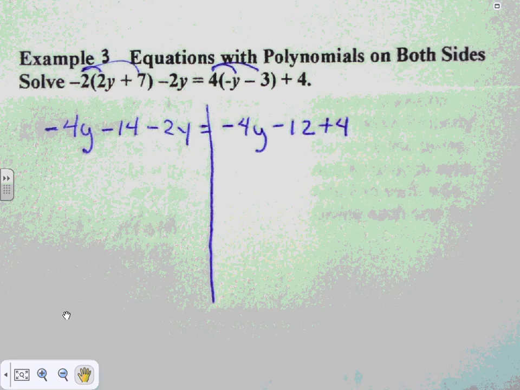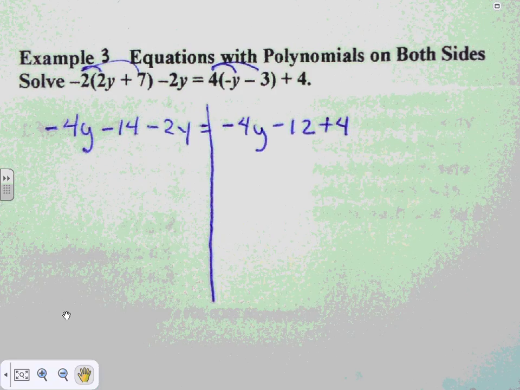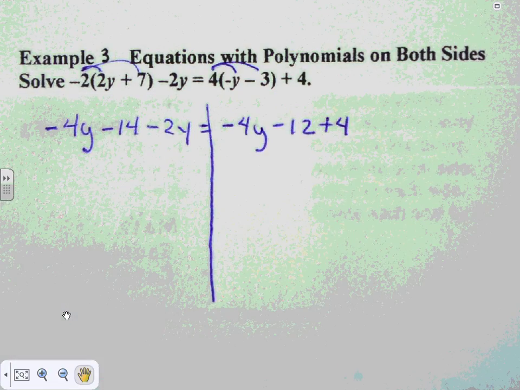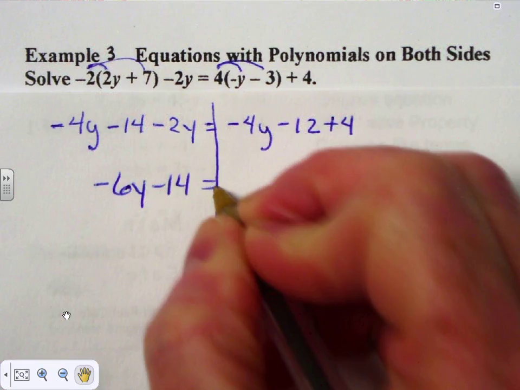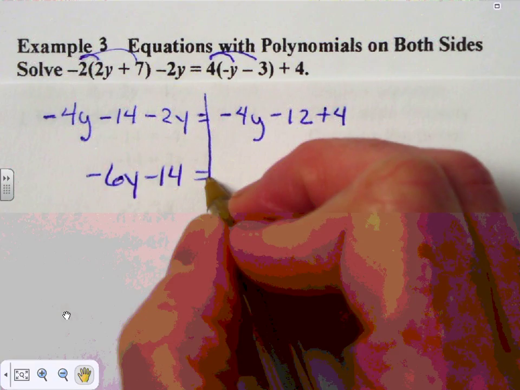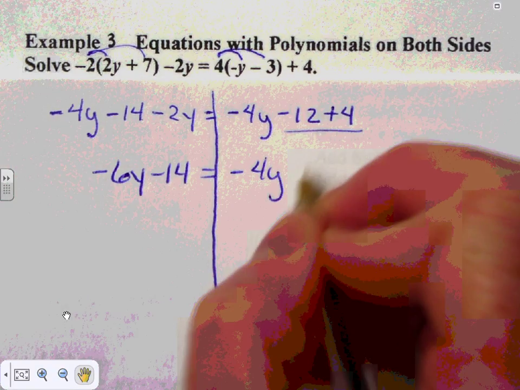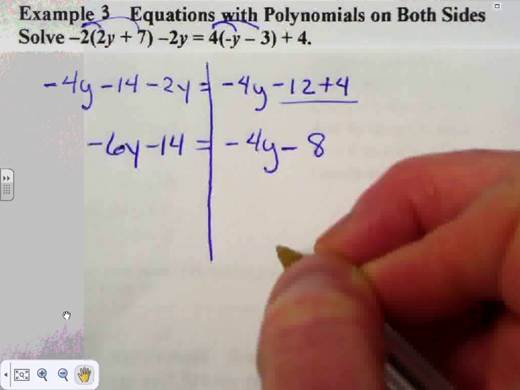Is there anything on the left-hand side that can be added together? The negative 4y and the negative 2y. So what will that answer be? Very good, negative 6y. So negative 6y minus 14 equals, how about on the right-hand side? Yep, right there. So there's the negative 4y brought down, and that turns into a negative 8. Combining like terms, trying to get the y's together,